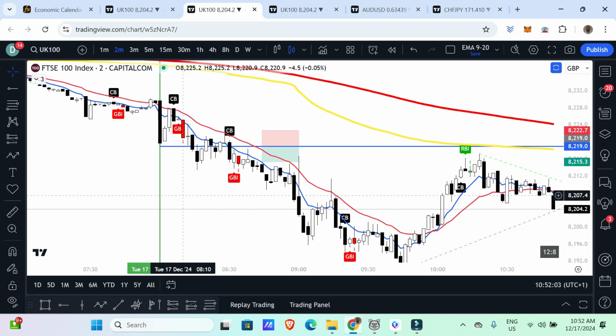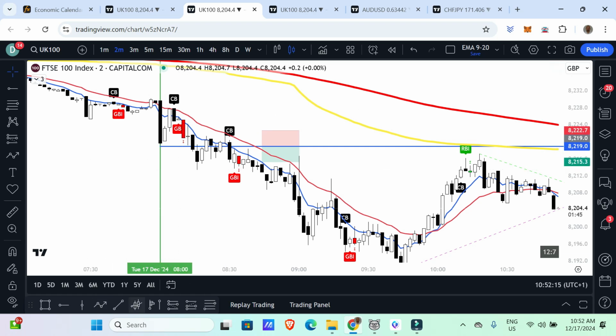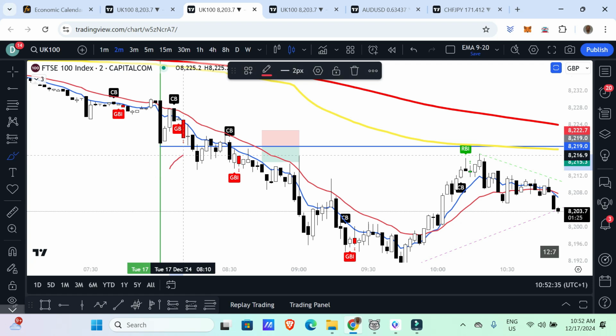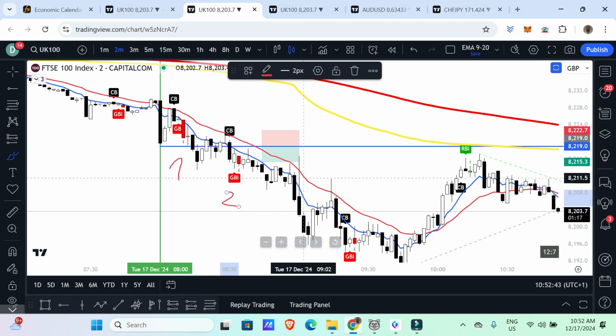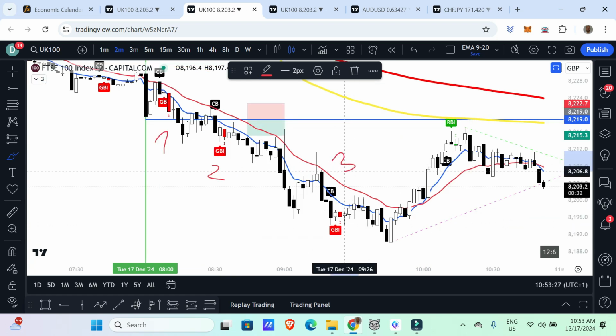All right, on the 2 minutes, we got a lot of action. After 8 AM, the market is opening, we get immediately the first signal. Control bar, GBI, take the trade, make the money. So we have one trade here on the 2 minute, one. Then 8:32, we got another trade. 2, second trade. Then we have another setup, third GBI,